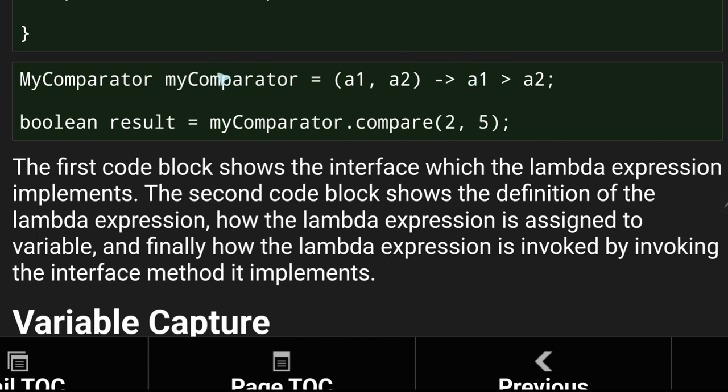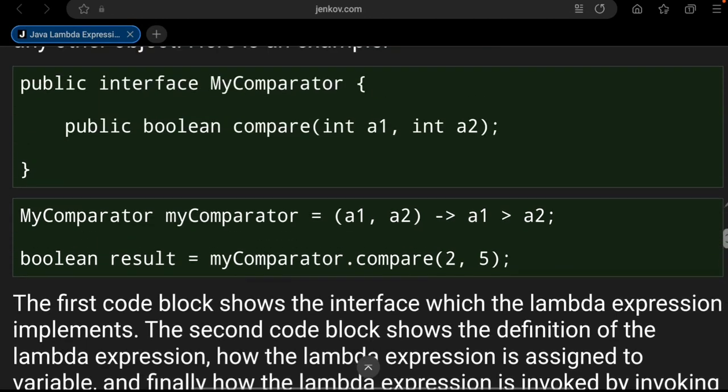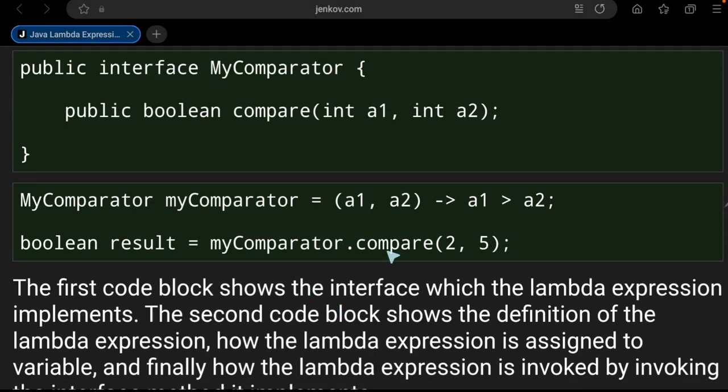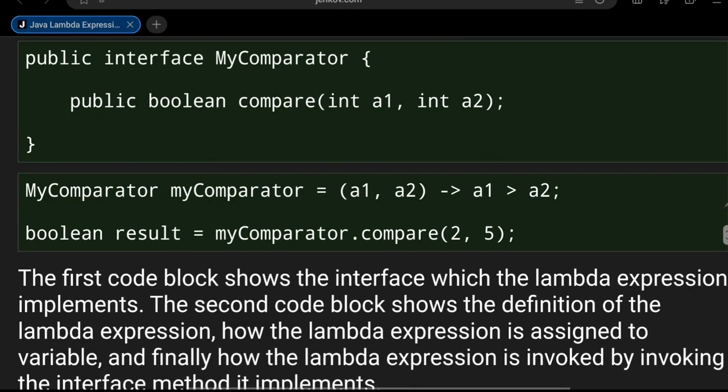We assign it to a variable, and then we can use this Lambda expression because it's the interface, and call the method compare. So it lets us quickly create the interface with just the body of the Lambda expressions without implementing the actual